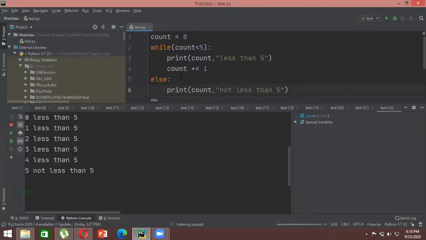Okay, so this is how you can use a while loop basically. Like if the question says to keep on printing a number until and unless it is less than 100 or less than 1000, keep on printing that particular number. So thereby you can use a while loop, and then accordingly you can increase the count or update the count, and the while loop keeps on iterating itself. Okay, and as soon as the condition fails, it goes to the else and gives you the final output.